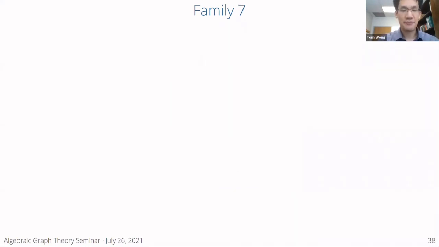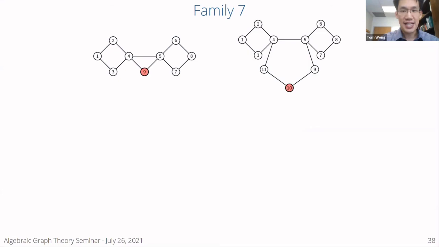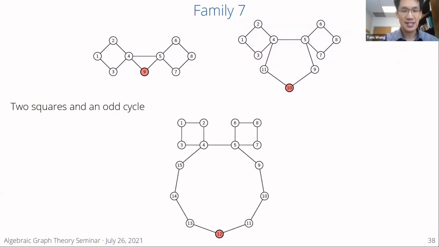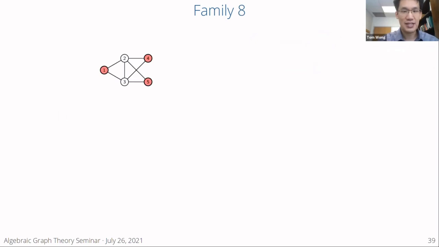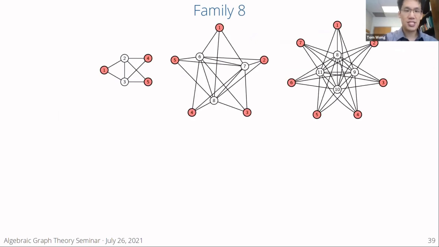All right, family 7. It's actually just these two here. So you see how you get these squares on the left, in the middle you get an odd cycle. So basically you can generalize this. You have 2 squares on the sides, and then you get an odd cycle in the middle. So that's family 7. And then the final family that I was able to identify comes from these. So if you look at this graph with 5 vertices, I'm going to interpret it a little differently now. You see 2 and 3, this is a complete graph of size 2.